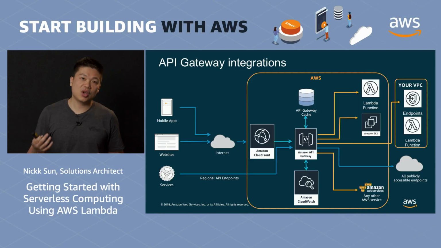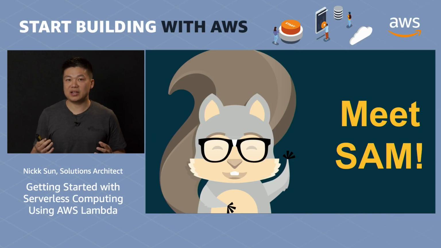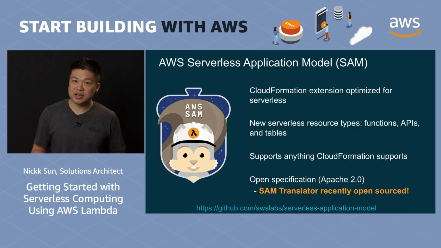For serverless applications, we have a special tool for developers to mock up environments easily and quickly. As serverless applications become more complicated, with hundreds or even potentially thousands of Lambda functions, there is a need to provide a more effective way to model our applications, and that's why we came out with the Serverless Application Model, or SAM. SAM is built on top of CloudFormation, so any third-party tool that supports CloudFormation will inherently work